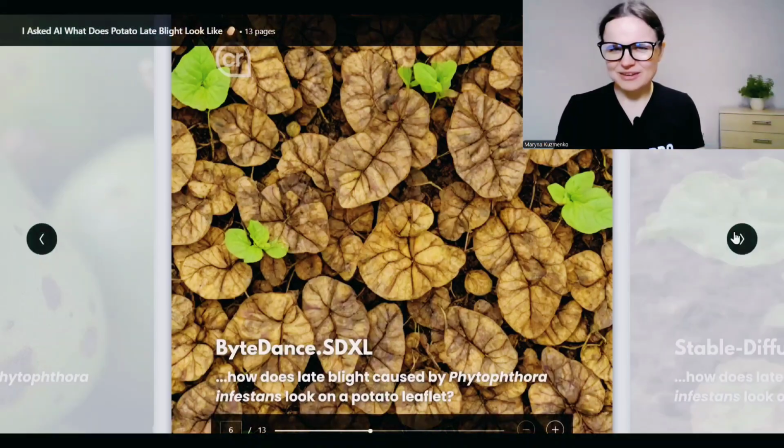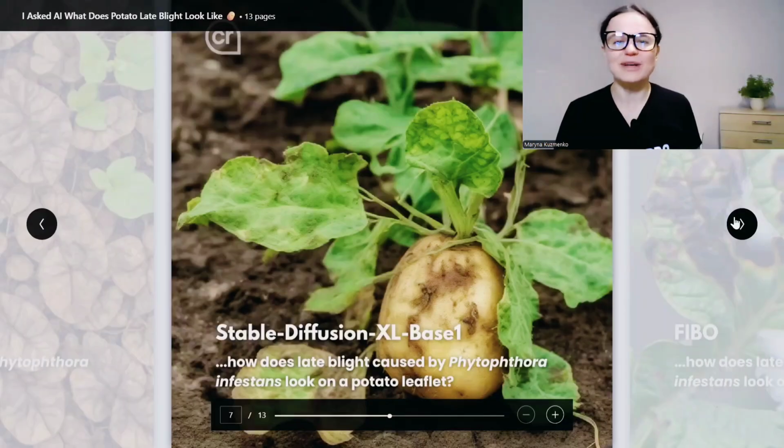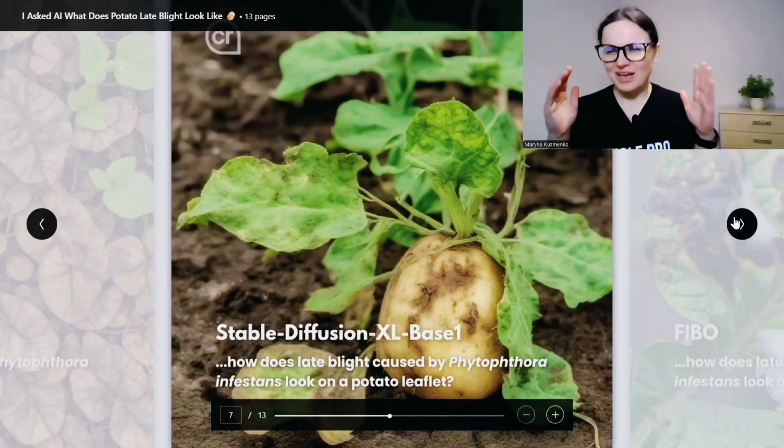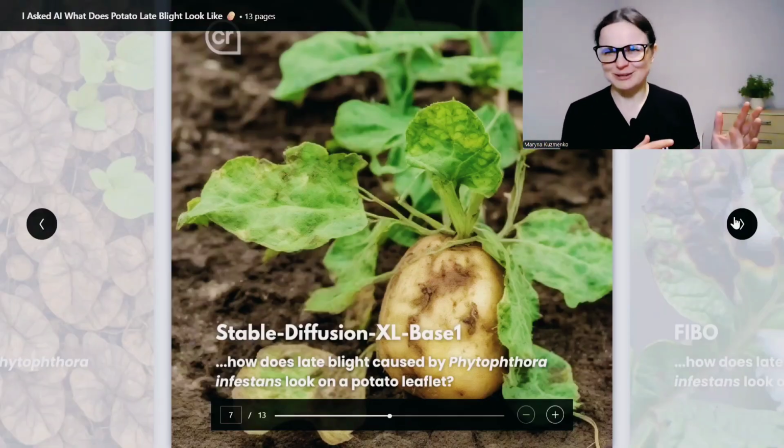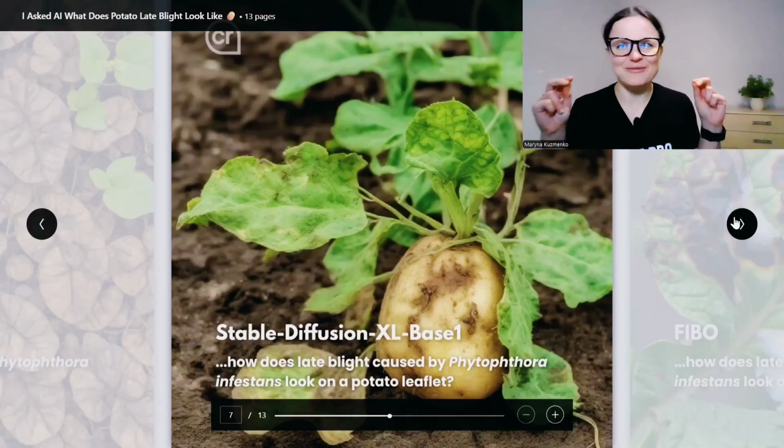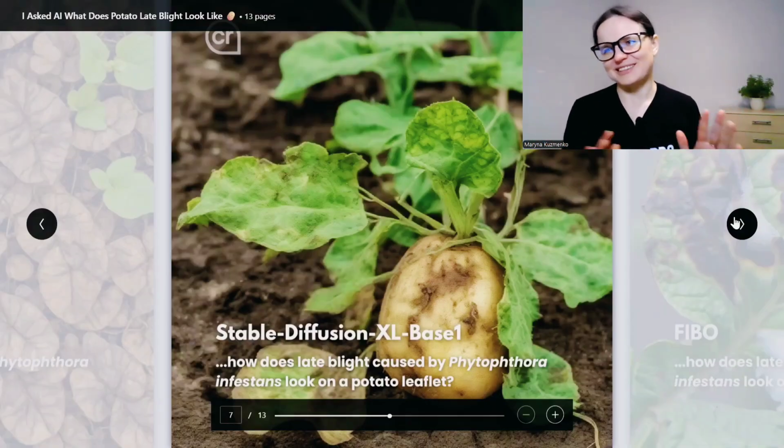Then we also have another creative way to demonstrate potato late blight, from Stable Diffusion. I didn't use this model for apple scab last time, but now I include it in our next series and issues, because it's one of the popular ones, and one of the promising ones. They generate quite nice imagery, but related to humans and other natural objects, not including biological stuff and plants and specifically fungal diseases. As you see, it's a strong, nice fail, I think, because